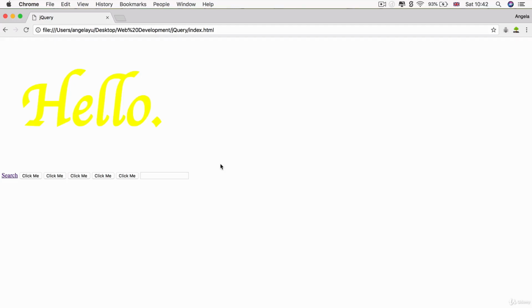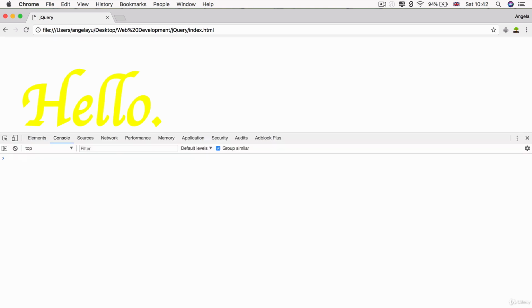While our website is live and running, we can actually use jQuery to add new elements on the fly. Now, for example, if I selected my H1 and I decided to add a new button before the H1, then